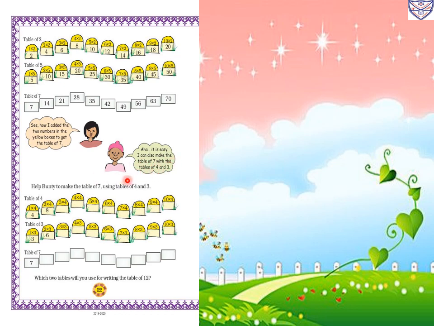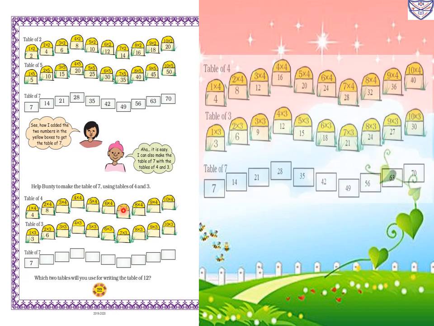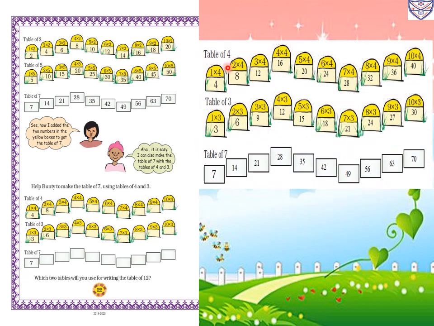Now Bunty is making the table of 7 using the tables of 4 and 3. So we have to complete this. First we will write the table of 4. So we will complete all of this. 4 1s are 4, 4 2s are 8, 4 3s are 12, 4 4s are 16, 4 5s are 20, 4 6s are 24, 4 7s are 28, 4 8s are 32, 4 9s are 36, 4 10s are